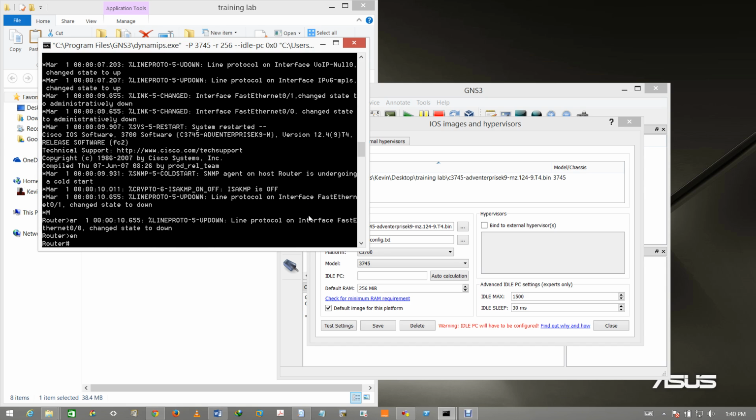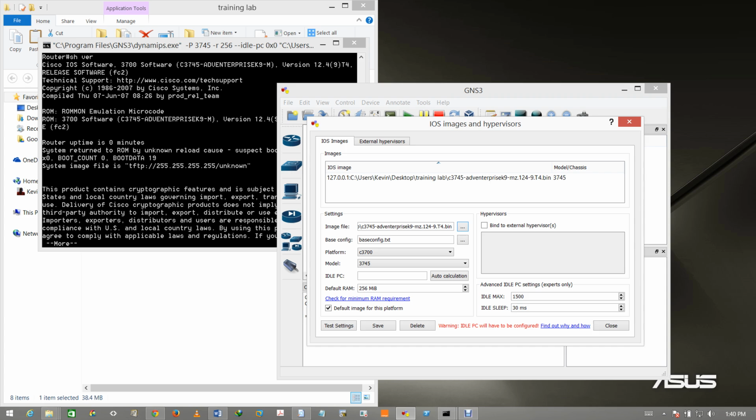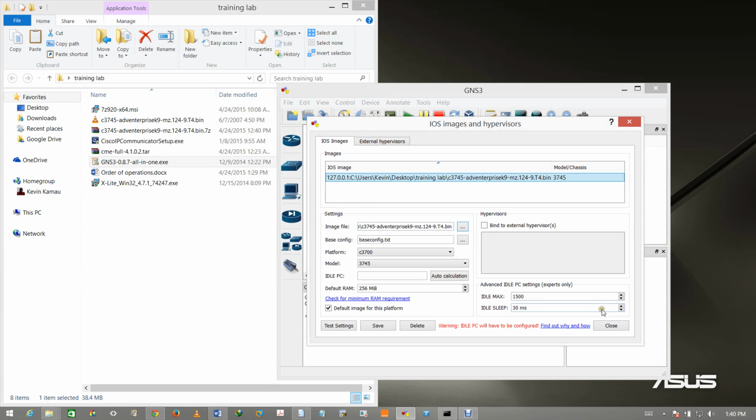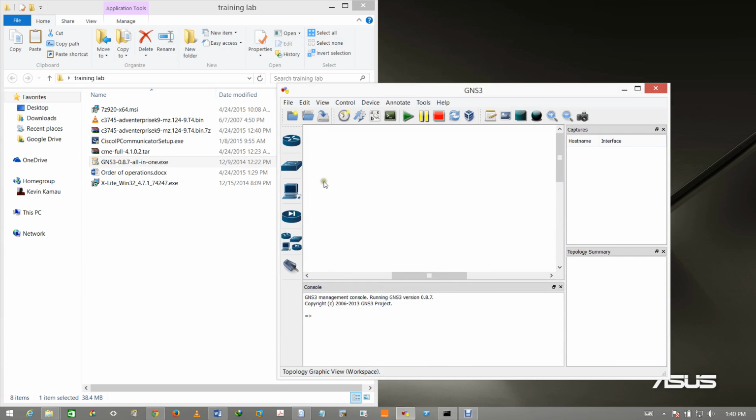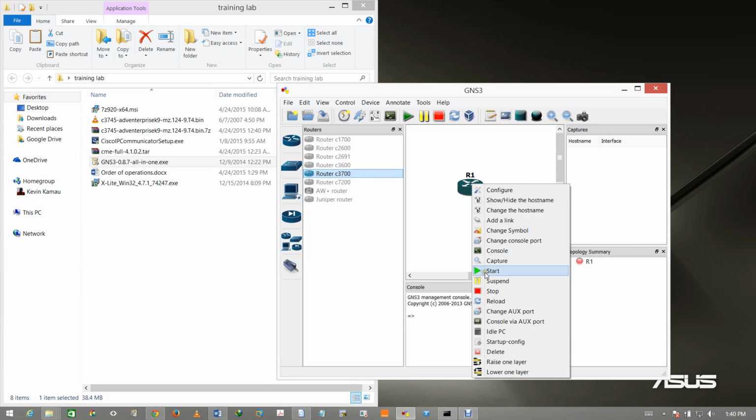Yeah, so our router is up. You can see we're running this 3745 advanced enterprise services image K9, which is this one here. So we can close here and even close here. We can now add our router to our topology. Start it,